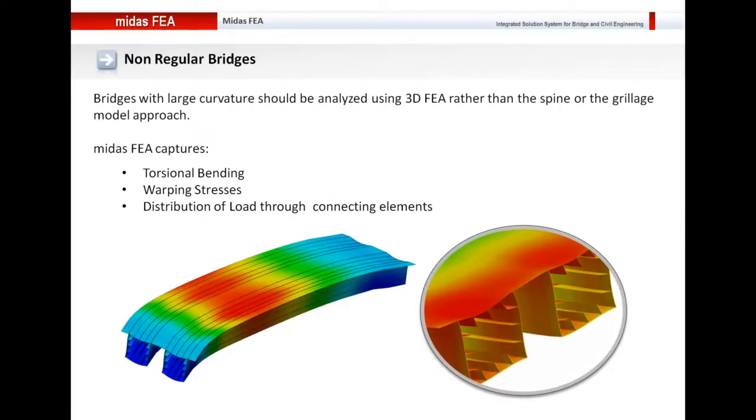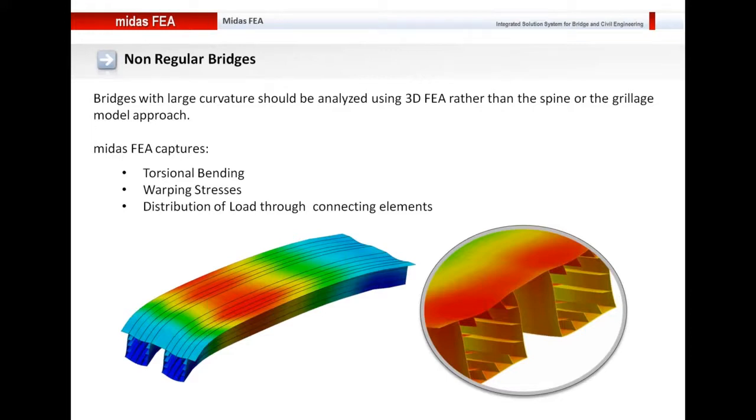First of all, you can use Midas FEA for any non-regular bridges. If you are working with a straight bridge which has got little skew, which has simple curvature, which is a regular bridge, which is a typical bridge, you can easily use Midas Civil for performing different types of analysis on it. But when it comes to bridges which have a higher curvature, which have the horizontal as well as the